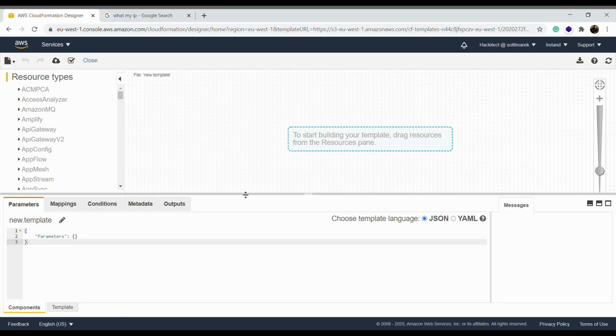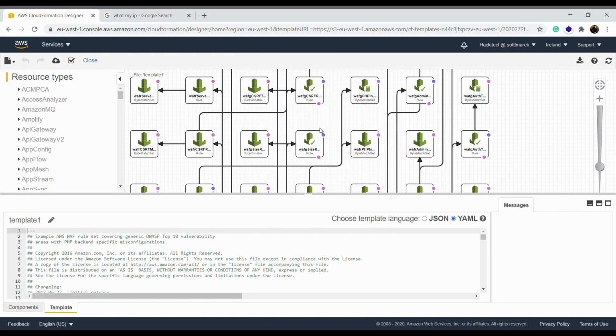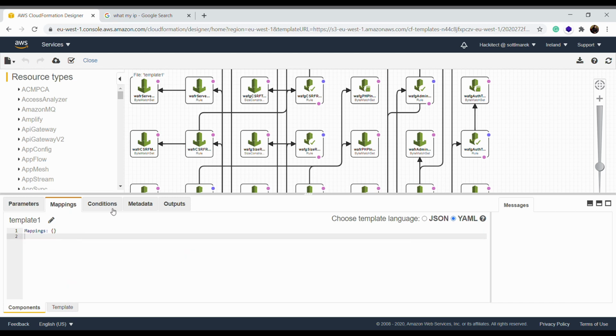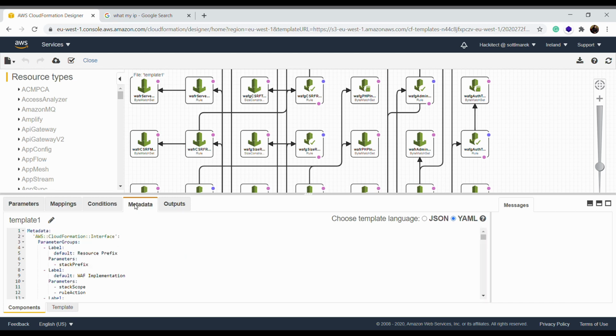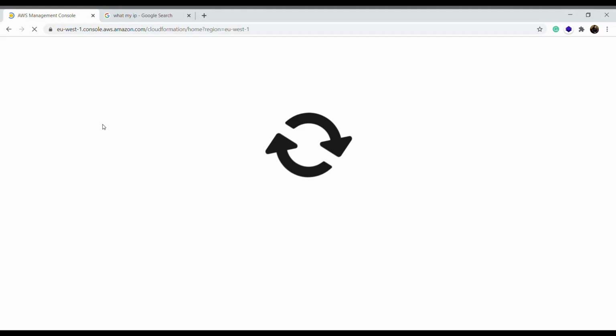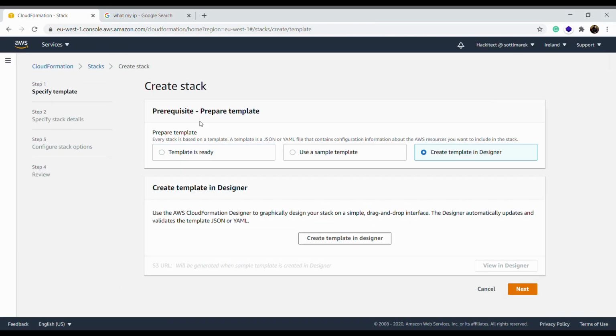If I click on Designer, I can see all the dependencies and all the elements in the CloudFormation template. I can also check the components like the parameters, mappings, conditions, metadata, and outputs that I already described earlier in this session to tell you more about the template for OWASP top 10. We can close it. We can also do some small changes. I will close it and leave. I will not save any change, and create a stack and template,